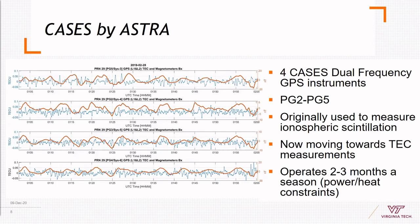They typically operate for 2 or 3 months because they do generate a lot of heat, and you wouldn't think that heat is a problem in Antarctica, but we've got a very well insulated box, and generating too much heat can cause us to actually exceed our overtemp thresholds. So